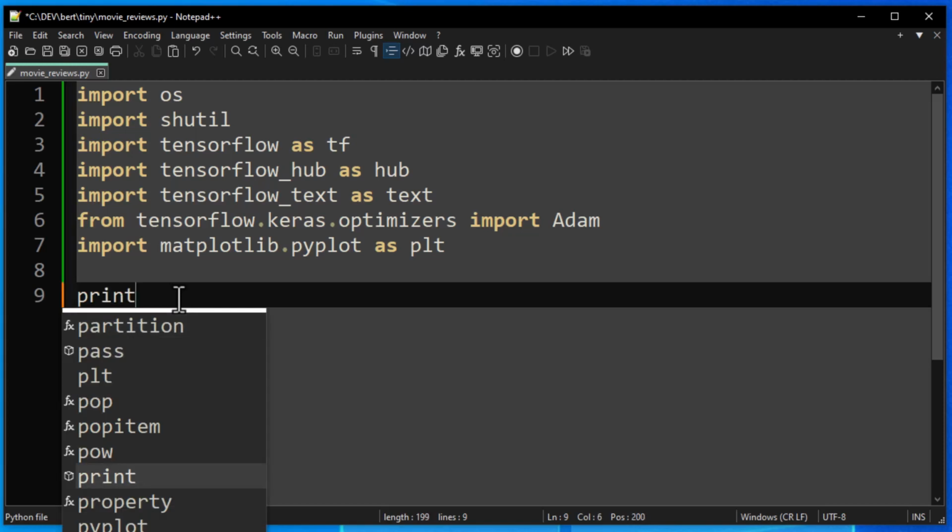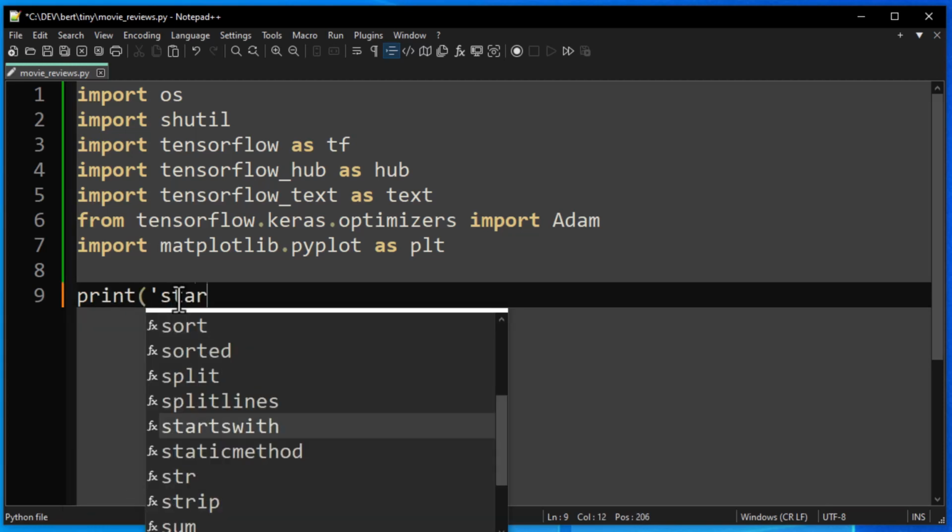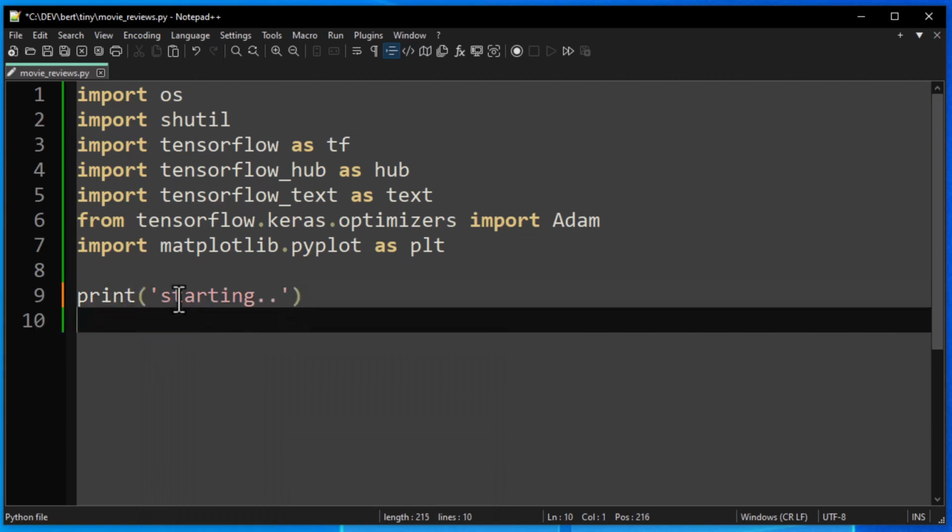Note, most of these imports are for our big script. Today we'll probably get as far as the shell utility, since we'll be downloading some data from Stanford University,